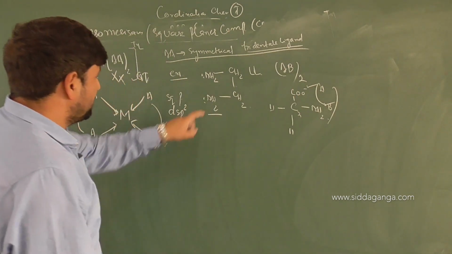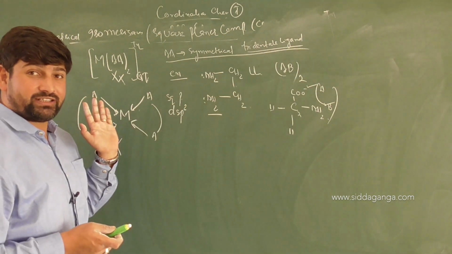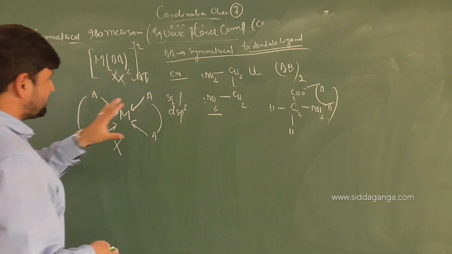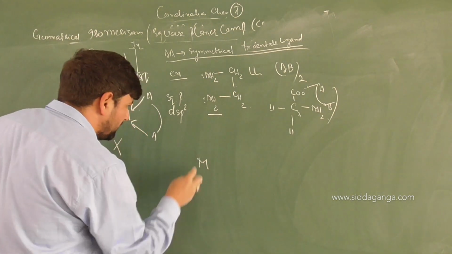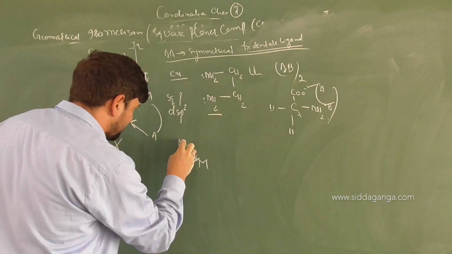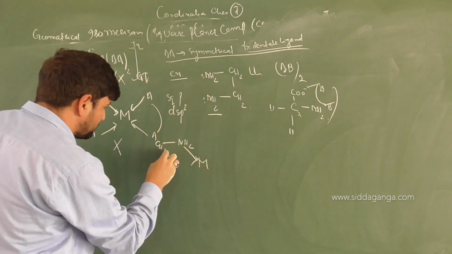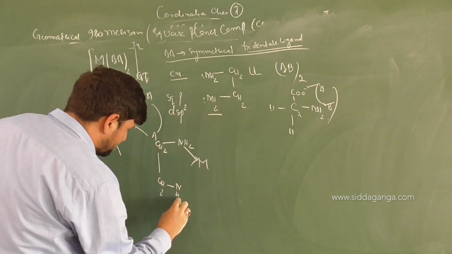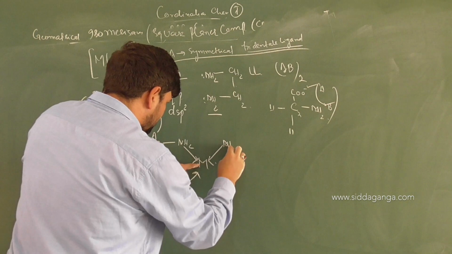Want to see that? Have a look. If I draw the diagram of this type of complex, how will chelation occur? Because this is a bidentate ligand, a type of polydentate ligand. So how will the conformation of this structure be? M, metal atom. Okay, very good. Then donating electrons, it is getting electrons from where? Nitrogen. So we got N here. So this is our NH2 group, which is linked to what? Carbon. So I'll mention that here, CH2. That has one more CH2 group, which is linked to what? NH2, and electrons are being donated from here. Again here, we will get NH2, correct or not?